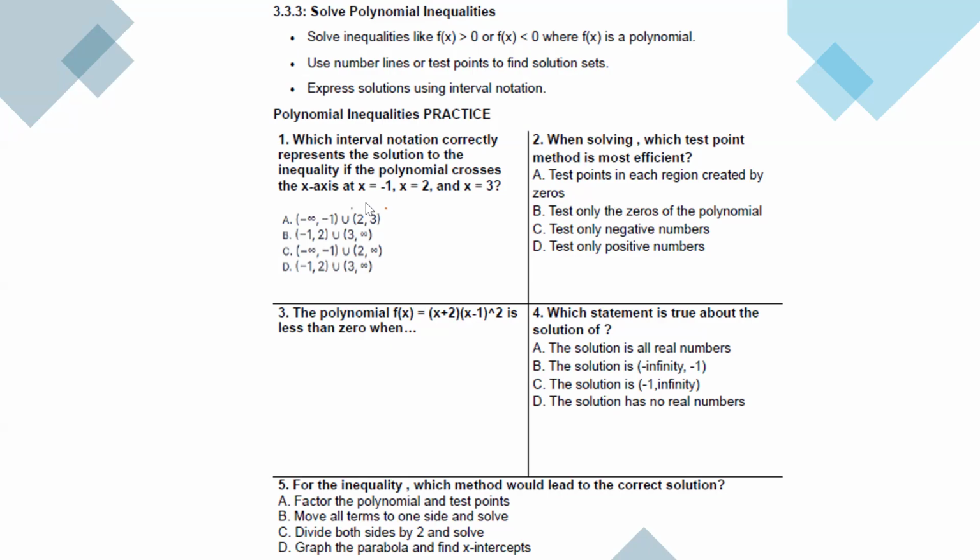interval notation. So up first, we have: which interval notation correctly represents the solution to the inequality if the polynomial crosses the x-axis at x equals -1 and x equals 2 and x equals 3. So the thing here is that